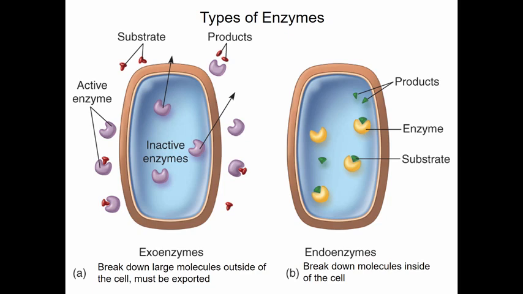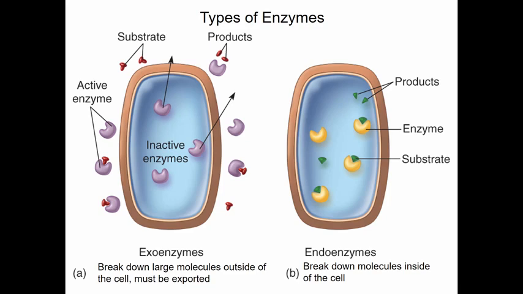Remember how we talked about the cell wall? And we said the cell wall is kind of like that chain link fence. The only things that can come through are things that can fit through the little holes in the fence. Exoenzymes are needed by bacterial cells because sometimes what you need is sitting outside and it's way too big. It doesn't want to come on in. So instead, the enzymes go out, they break it down into smaller products, and then it can come on in.